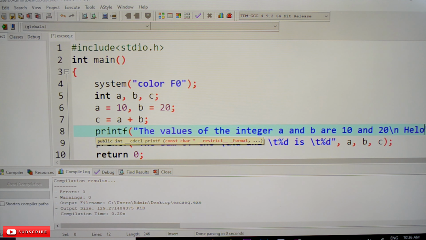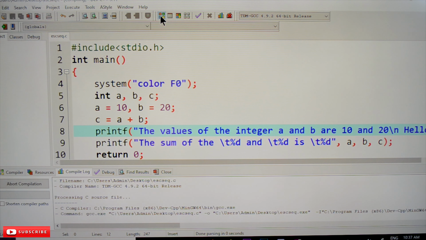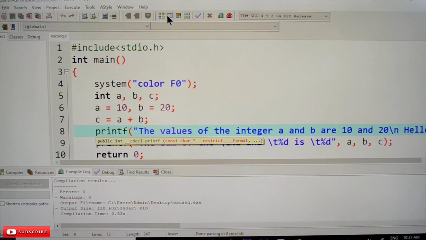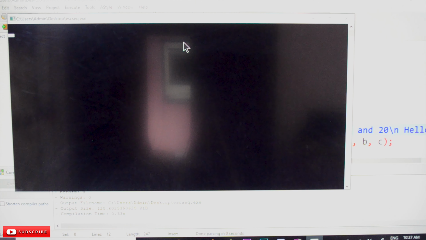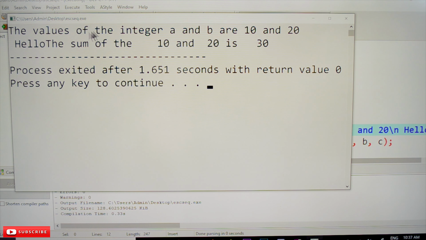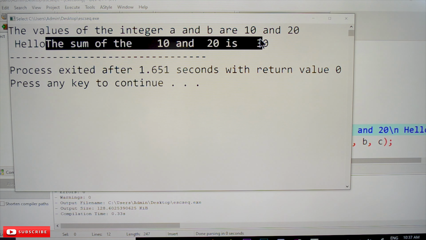Let's see how things will get printed. Okay, hello. Compile this program and execute it. See here, the values of the integer, and after that a new line has been created, after that hello has been printed, and after that the next printf statement has been printed.